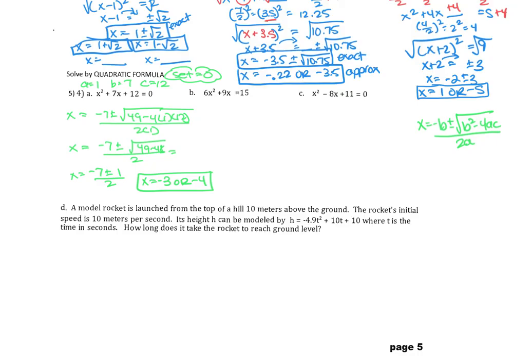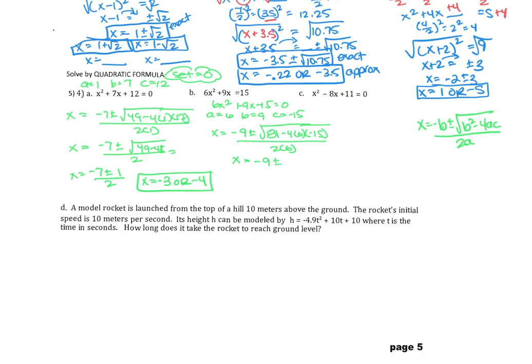I have to subtract my 15 back over. I get 6x squared plus 9x minus 15 equals 0. And my a is 6, my b is 9, my c is negative 15. And let's get started. My x equals negative 9 plus or minus the square root of 81 minus 4 times 6 times negative 15, all over 2 times 6. So my next line, I get x equals negative 9